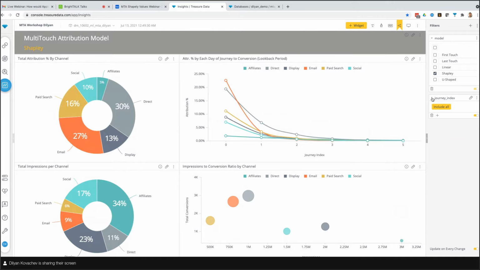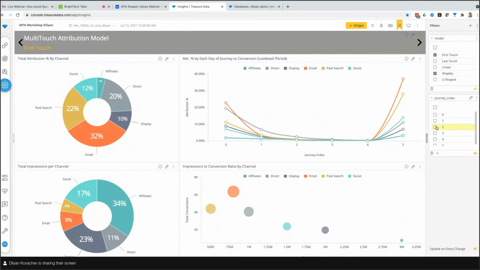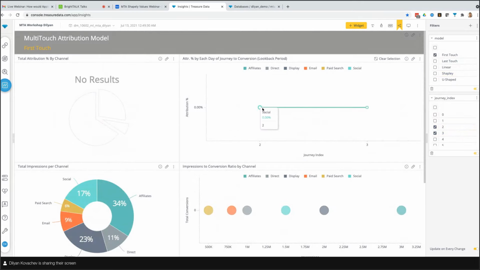And that's possible because of, like I said, the LSTM network, which takes the sequence of events and can calculate partial credit at each touch point, which something like first touch cannot do. So if we select first touch and I want to see what happens in the middle of the journey, sorry, I have to deselect Shapley, you actually see 0%.